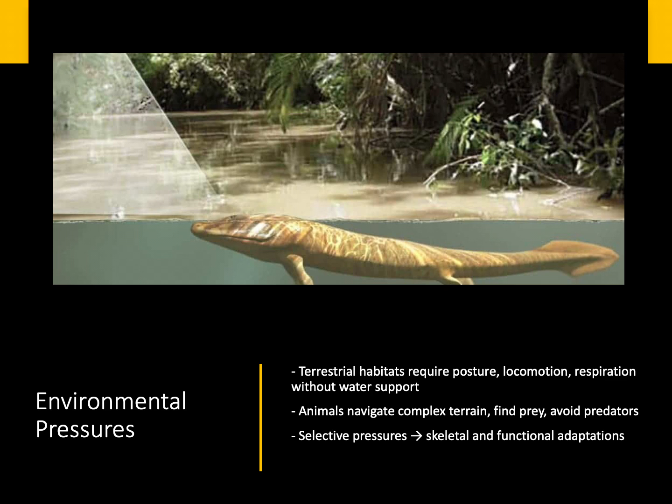Animals needed to maintain posture, locomotion, and respiration without water support and be able to navigate more complex terrains, seek prey, and avoid predators on land. As Dr. Vandenbroek summarizes, locomotion became more costly. Prey are less dense, and more energy has to be utilized to actually get the resource that is required. Consequently, skeletal modifications, limb placement, and axial adaptations evolved to meet these selective pressures, enabling vertebrates to successfully exploit land